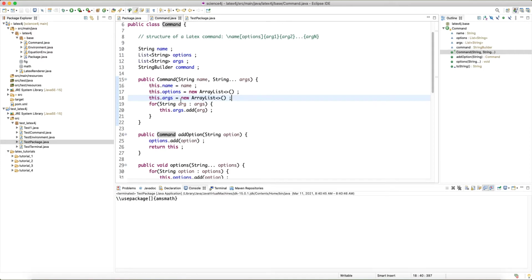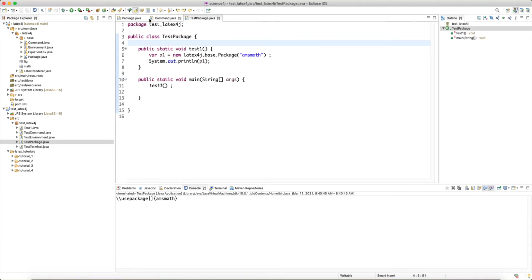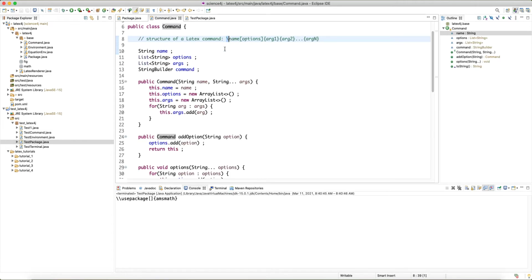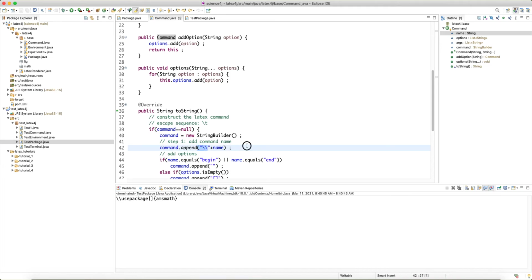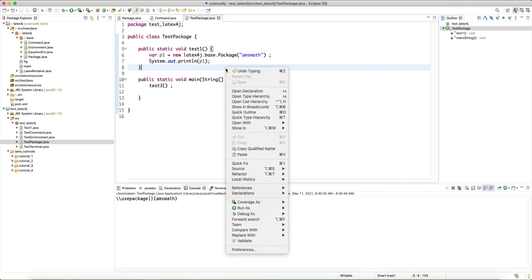So let me go back to the command. Oh, that's because, all right, the name was okay, so we shouldn't add the backslash here, right? We just give the name of the command, and in the command, if you recall, we said it automatically appends this backslash, so we don't need to worry about that. So if I run this again with package,